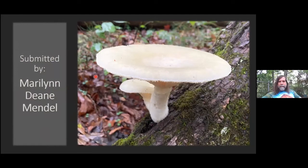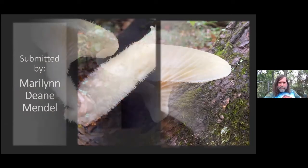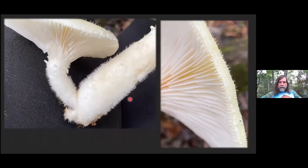All right, stately mushroom here, another one submitted from Maryland. Grown from wood, but when you look close, it's got some really cool features to it. It's got this really fuzzy stipe going on. And even in the cap tissue, you see these woolly hairs poking out. It's also got the decurrent gills. When you see something like this,